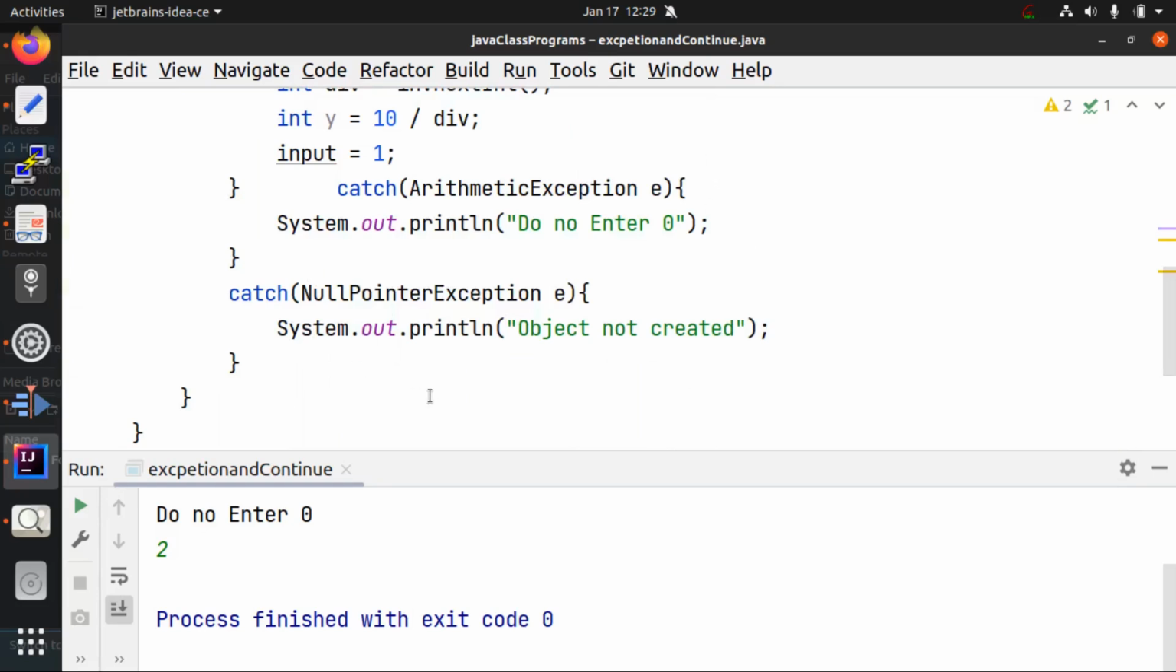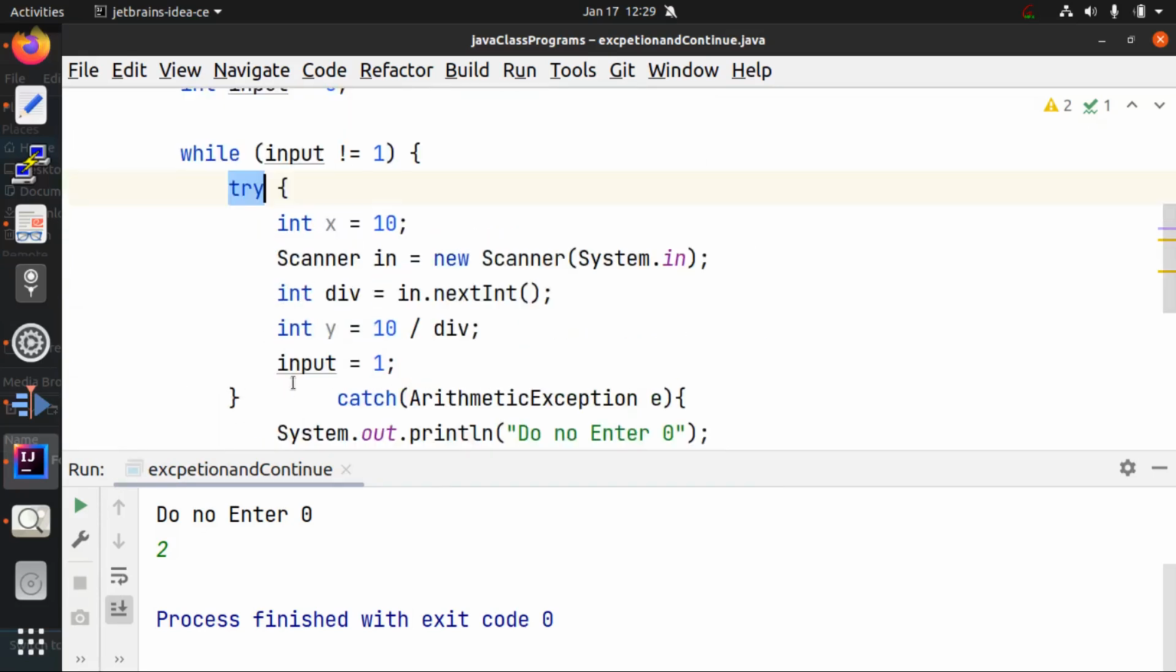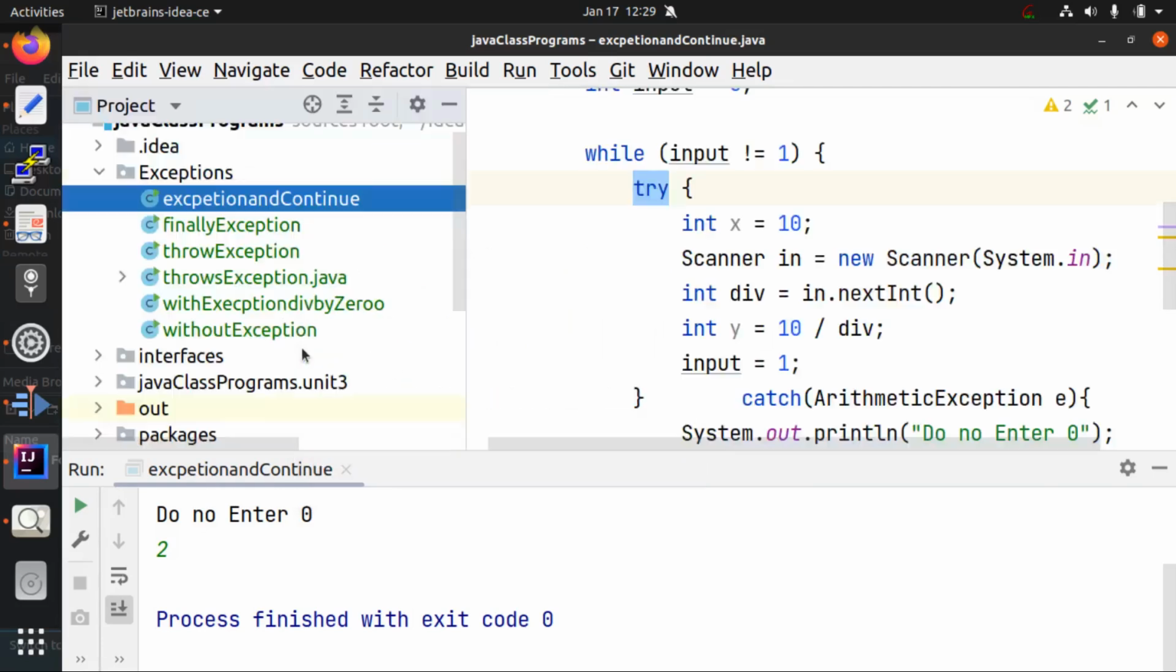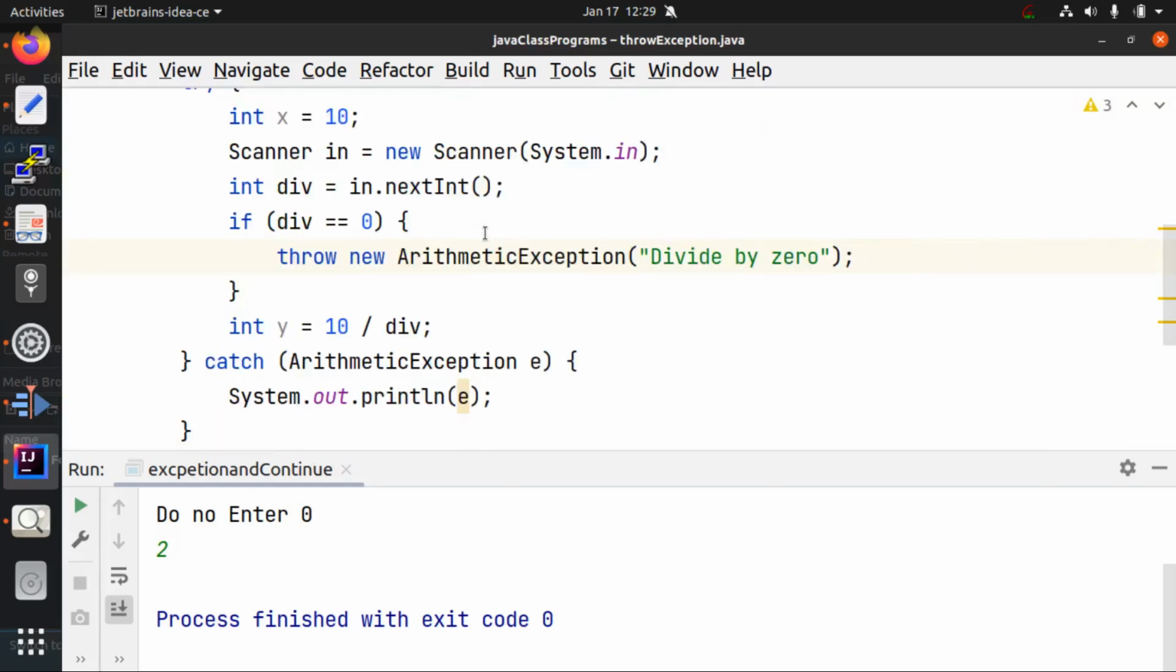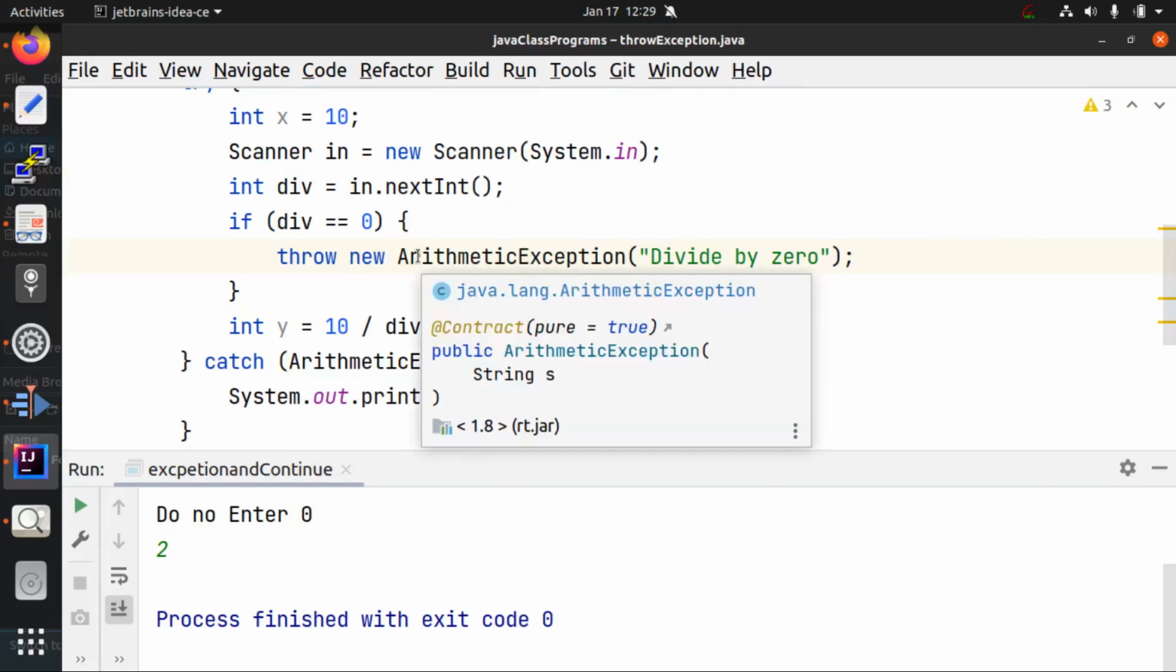So that's the try catch block. Now, as a programmer, you may want to throw an exception with a very specific error, a specific message. So, for example, here